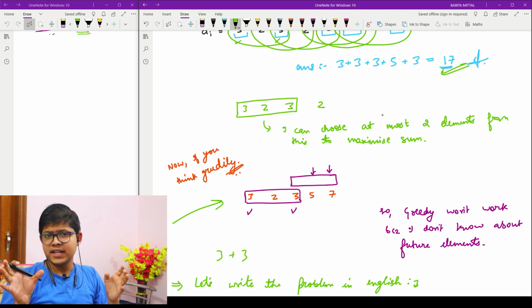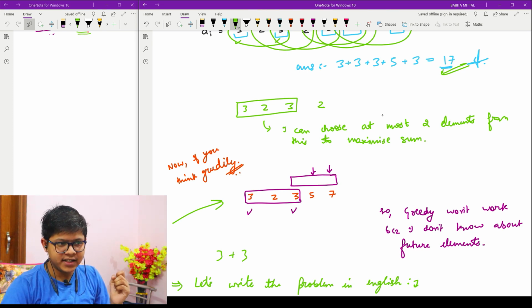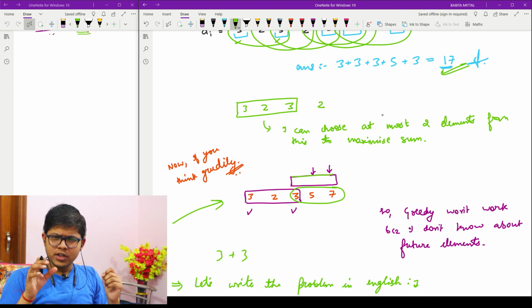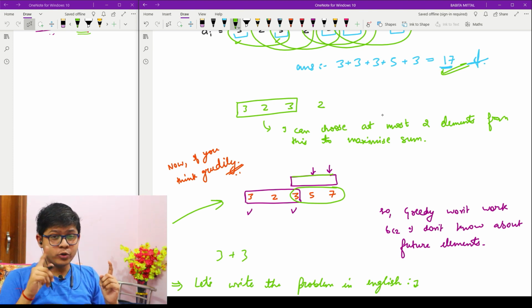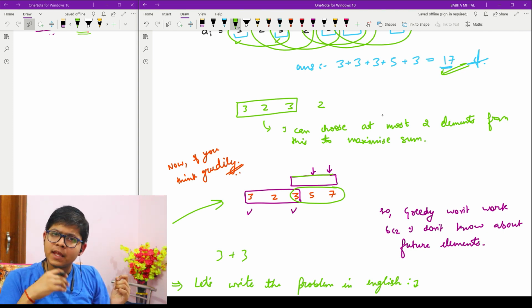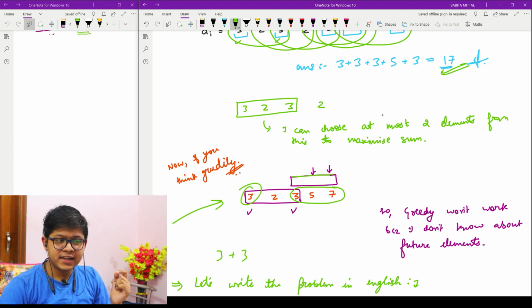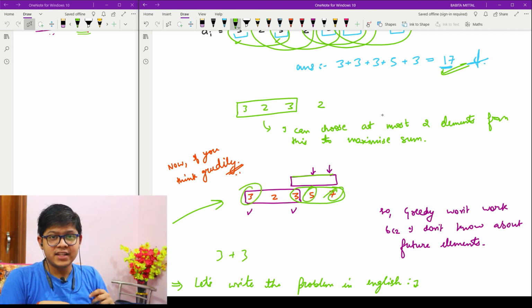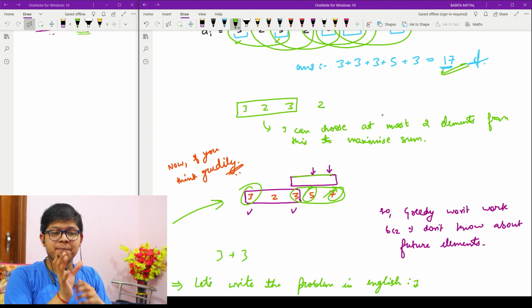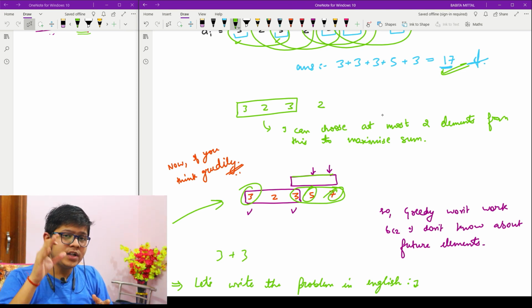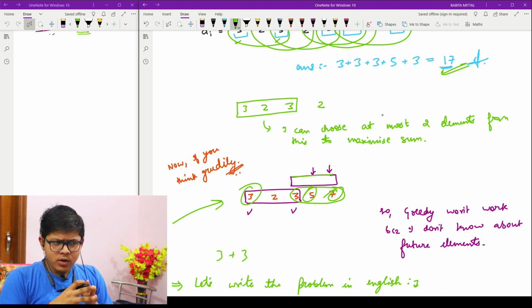Then in the next window of size 3, right here, now you have chosen 3, so you can choose only 1 element out of this window. So you might choose number 7. Now you will clearly see that you missed out 5, right? If you had chosen 3, 5 and 5, 7, then you might have got the largest answer. But if you think greedily of choosing the maximum elements from the window itself, then you will do the wrong thing. So I am pretty sure that greedy won't work here.